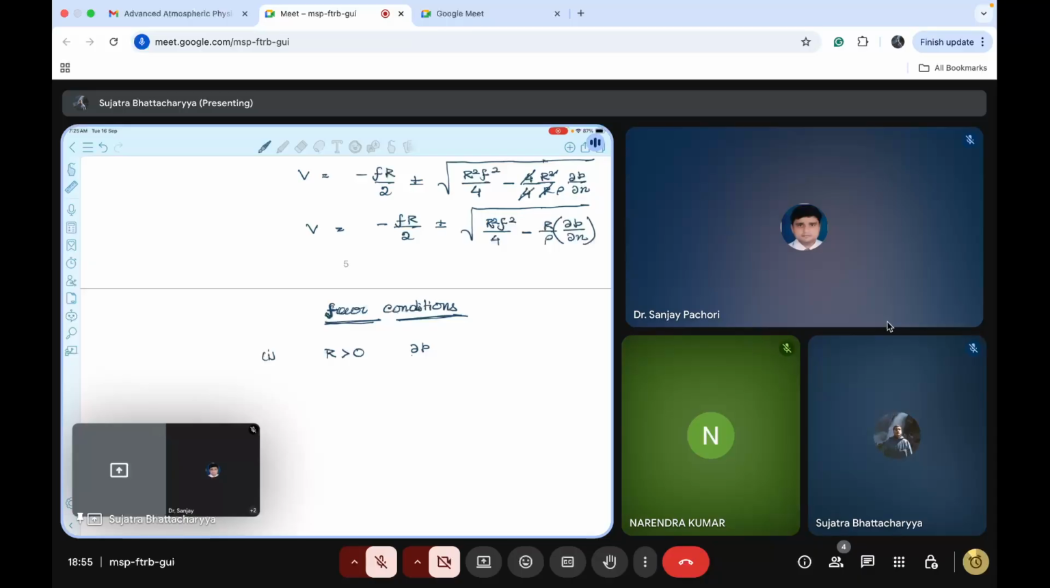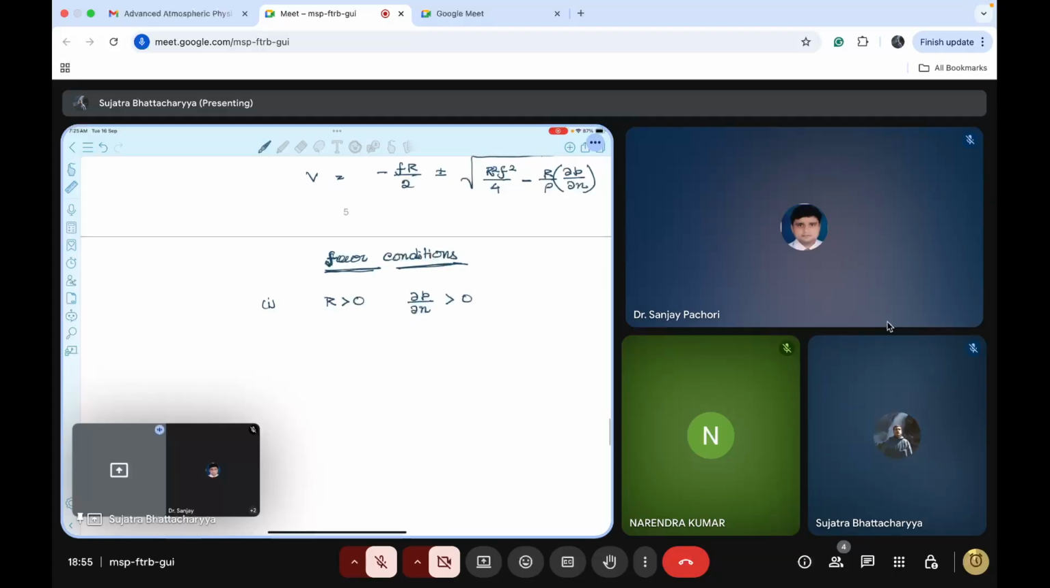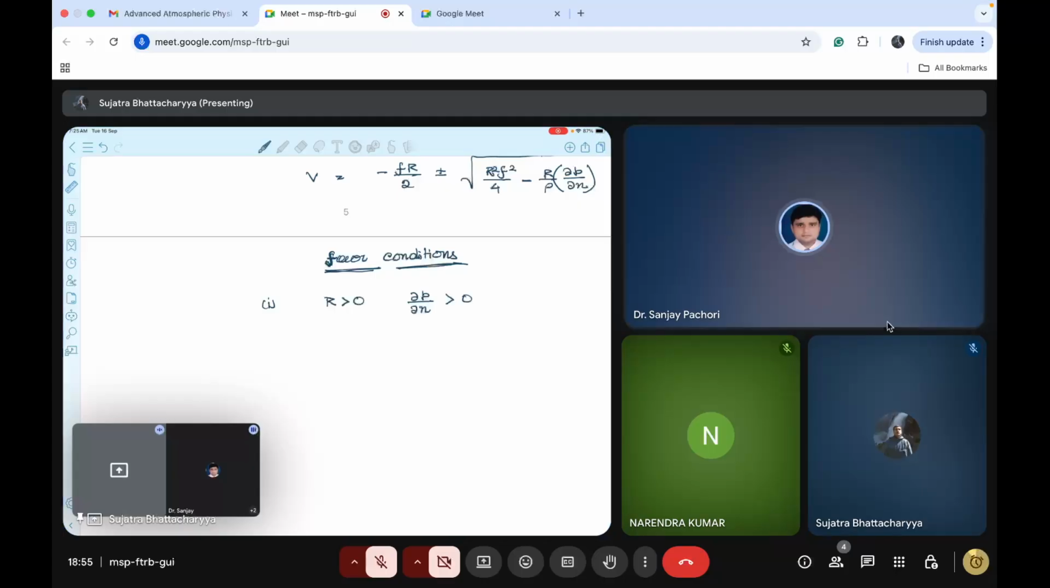See, first condition is that the r can be greater than 0, delta p delta n can be greater than 0. That means what? R greater than 0. That means wherever the motion is,